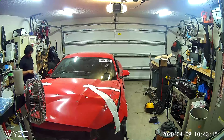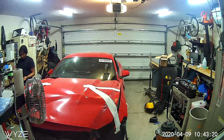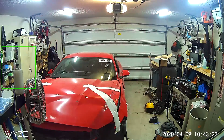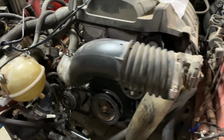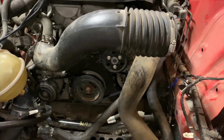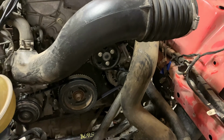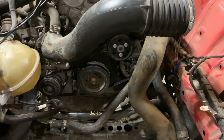Now, if we won the Mustang for $4,000, after all the tax and the delivery fee and all that junk, the total cost of the car should be about $5,000. Keep in mind that it varies, like delivery fee varies depending on where you live. Mine only came up to $300. Yours might come up to $600, $700. So this $1,000 that I told you to tack on to your winning bid, take it with a grain of salt because it really does depend on your location. We're just going to go by this example that if we got the car for $4,000, the total cost would be about $5,000. So the total cost for the entire rebuild is going to be about